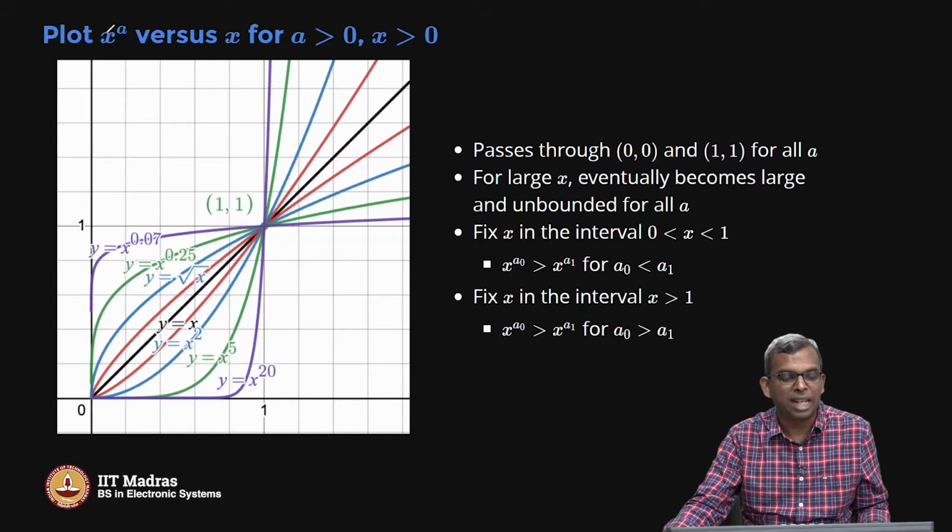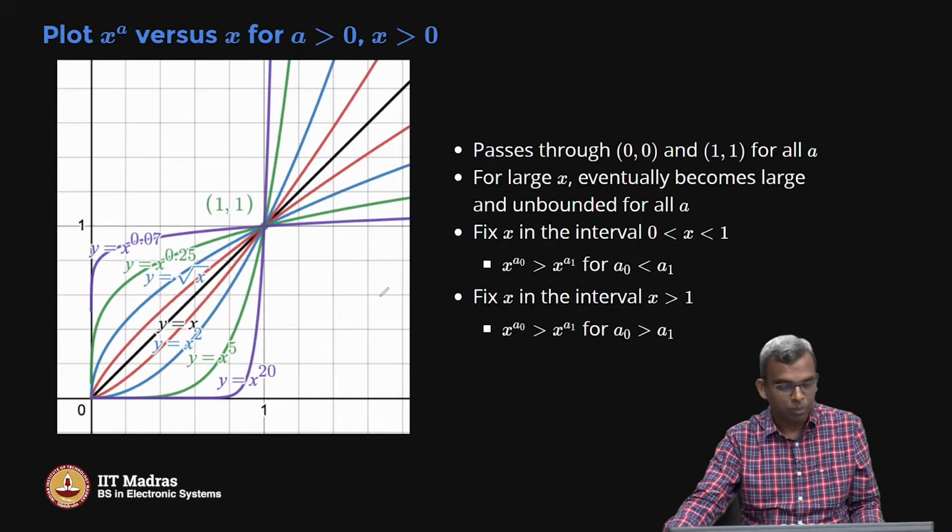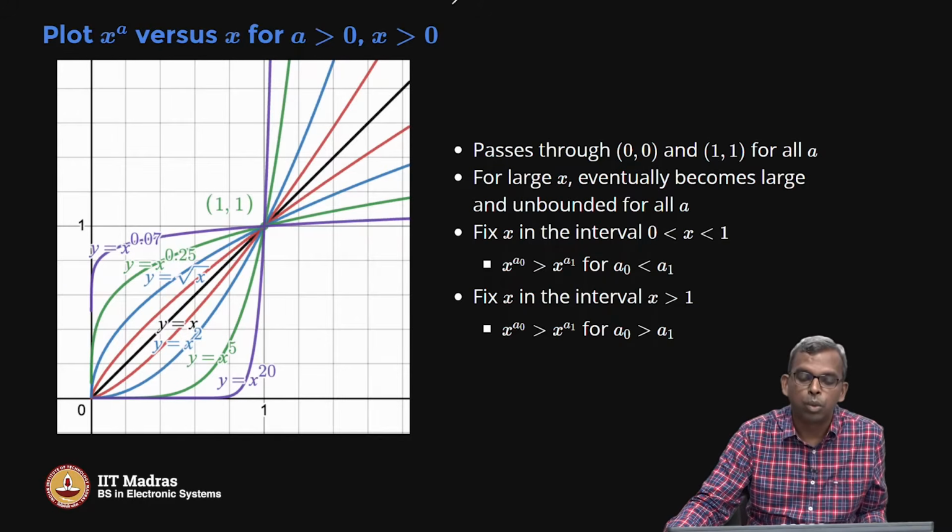Now see, if x goes negative, then a negative number to some power is a bit complicated for us, so we're not going to look at that. So x is positive, a is positive. Let's first try and understand that, right? So how will that look? And here are a whole bunch of graphs. So instead of just walking you through these graphs, what I'm going to do is